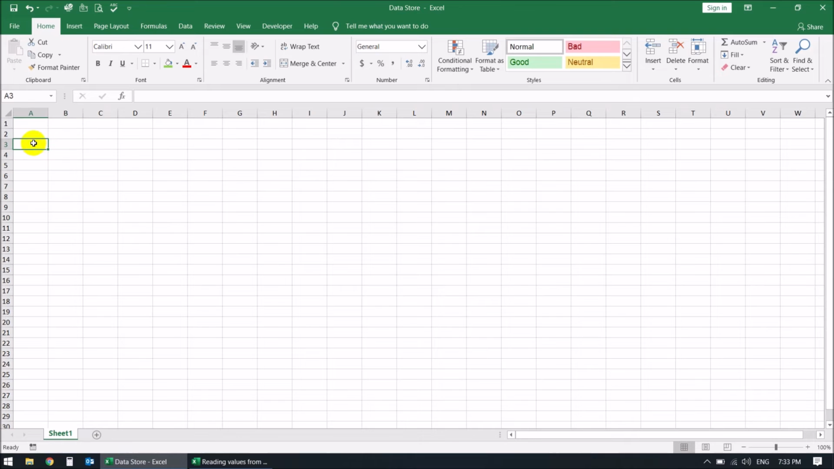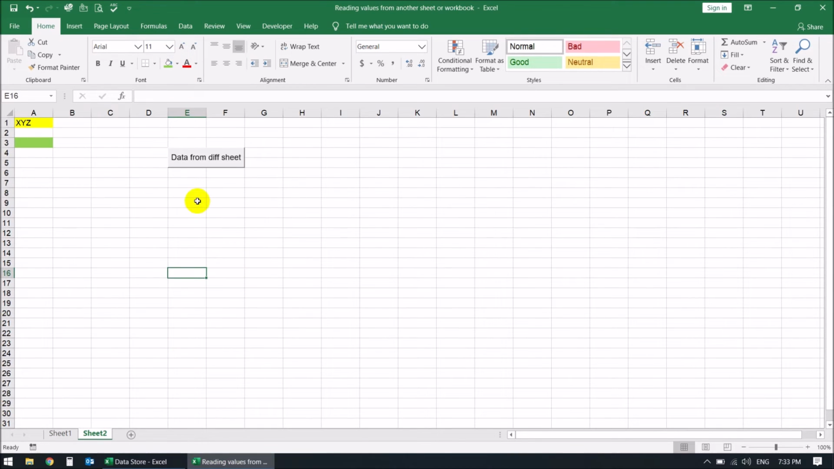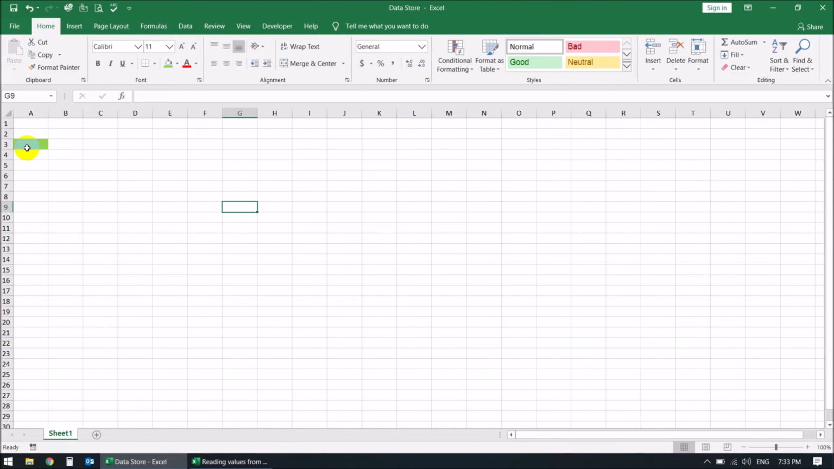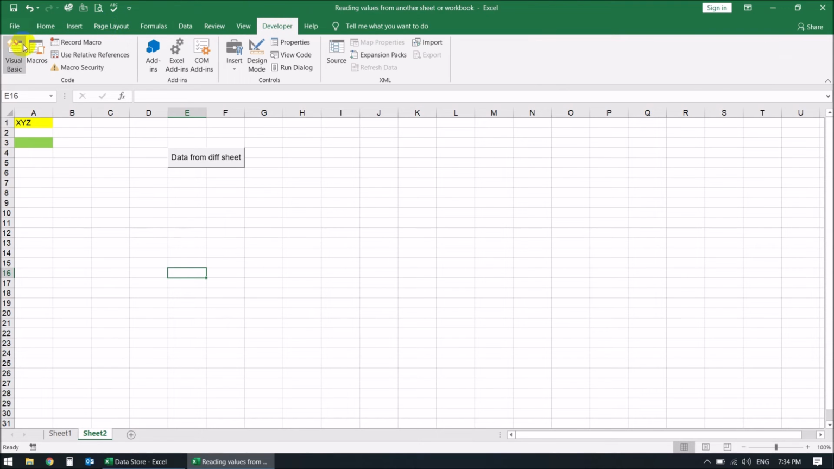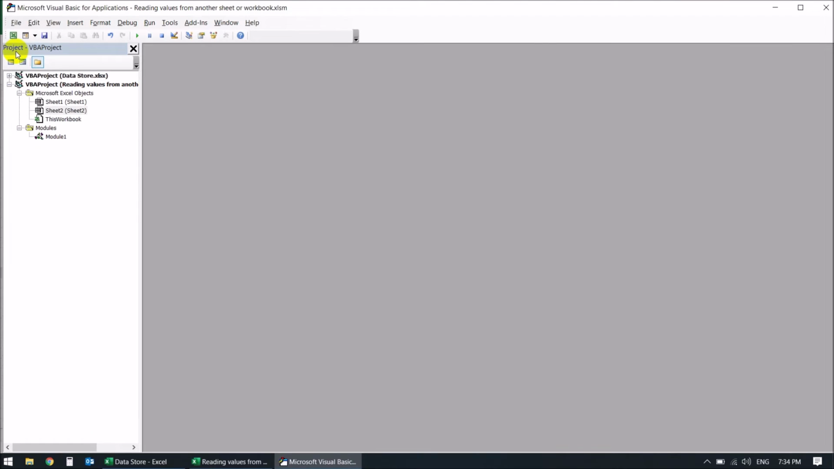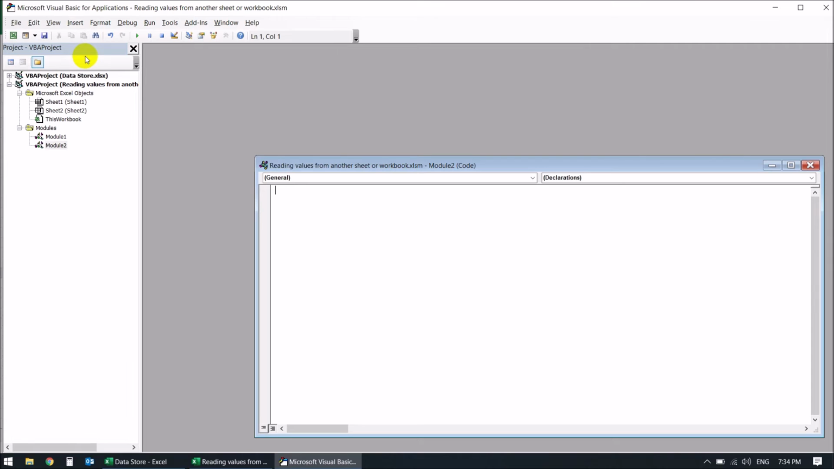Now the A3 cell here in data store, I want to have a button. When I click on it, it would go into this file, read the contents of A3 and paste it into this second file in this sheet in A3 cell. So how would we do that? Again, we would go into the Developer tab, Visual Basic, okay, and what we'll do is, again, we'll do an insert module,